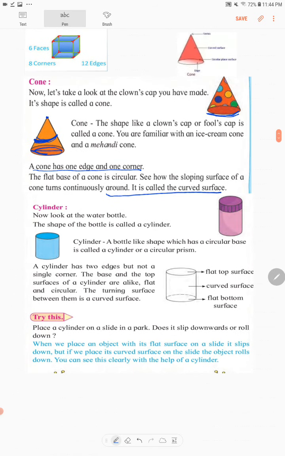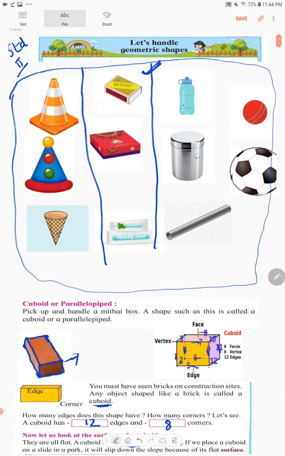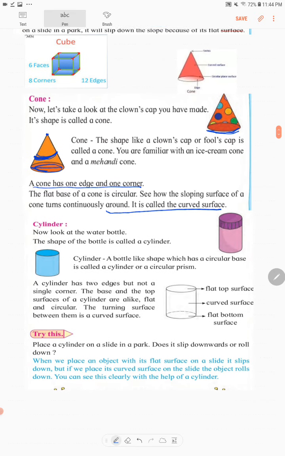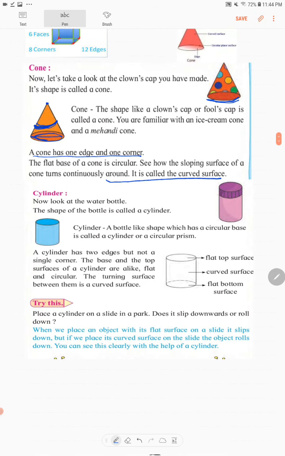Now if you see the water bottle over here, or you can see the steel dabba over here, that is called a cylinder. Now it has got a circular base. A cylinder has two edges but no single corner.